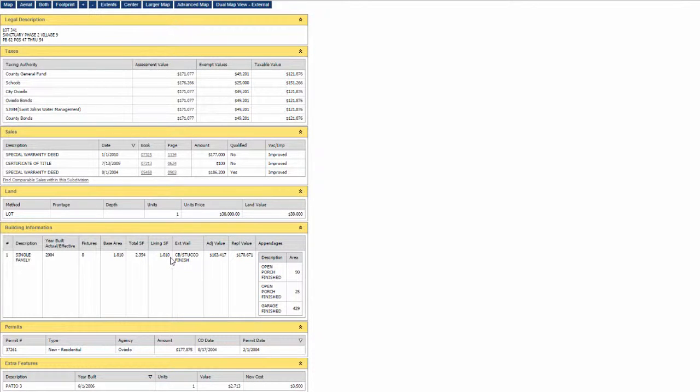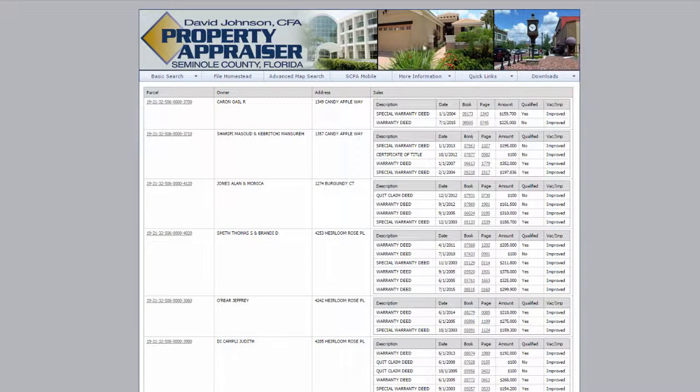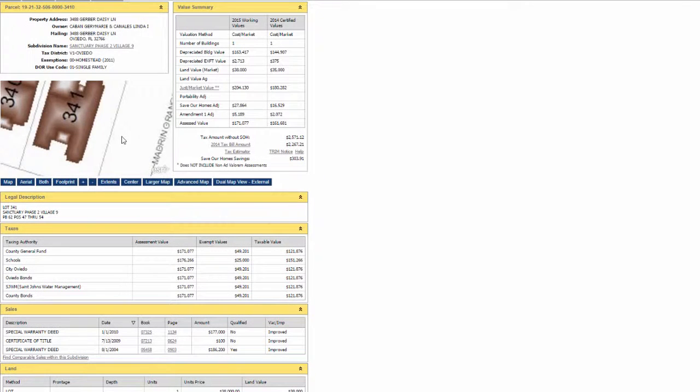So we write that down, and then we just browse through here. It has a porch, 2 porches, and a garage. So we just want to keep that in mind. This specific property appraiser's website does have comparable sales you can look at here. But to me, I'll just show you real quick, it's just more confusing. See, then you have to click on all these to find out what each property is going for. I would rather go up here,